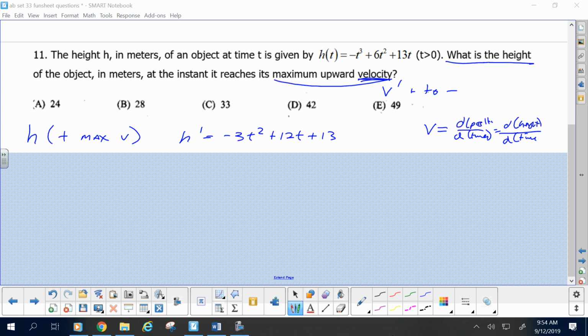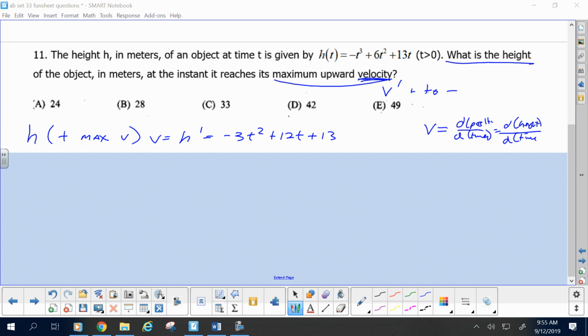So when I found h prime here, that's great. That is the velocity, right? Velocity is change in height with time, so it's the derivative of height. So you're doing well, you have the velocity, but I want to know where v prime goes positive to negative,